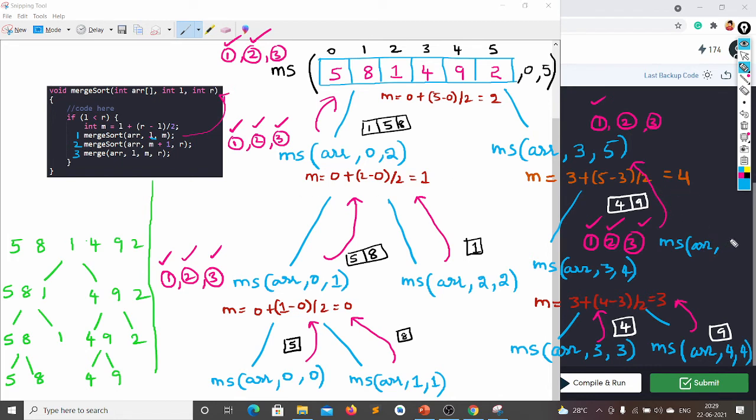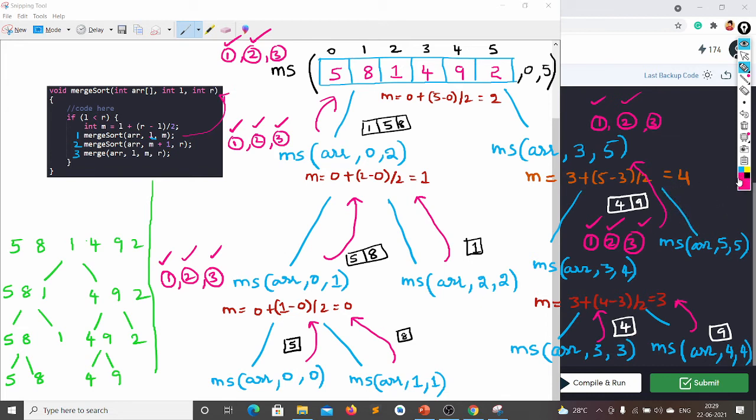Here m is 4, 4 plus 1, 5, and here r is 5. And again it goes to the start, so it calls the second function. It goes to the beginning and it will check if L is less than R. No, L is not less than R.